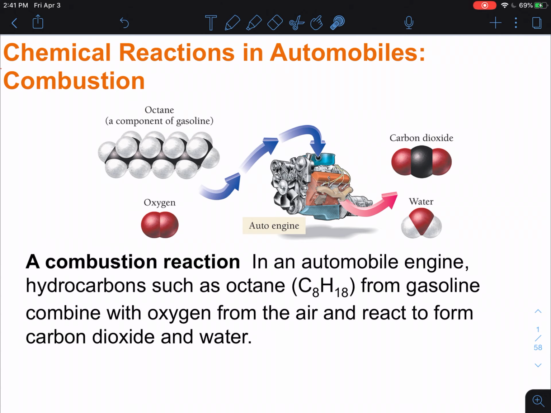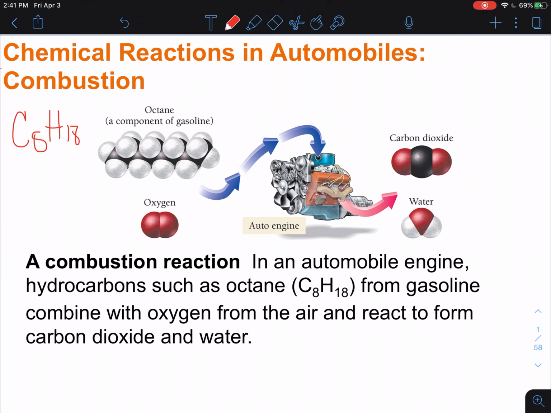In general, a combustion reaction is any type of hydrocarbon and oxygen. Those are the reactants, and they react together to form carbon dioxide and water. So this example that I have right here is the combustion reaction that takes place in the engine of your car, and you have octane, all right,